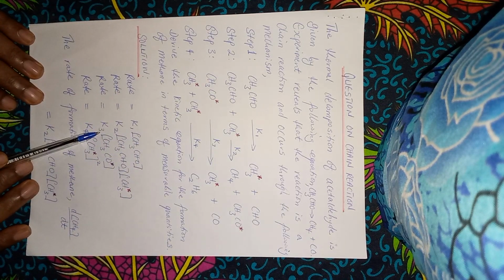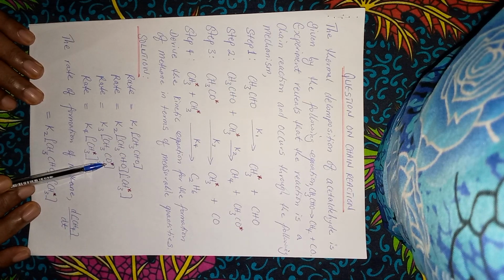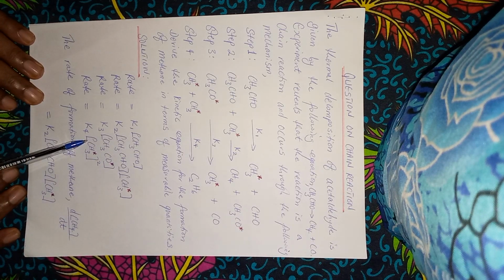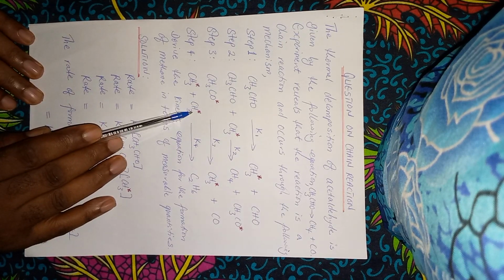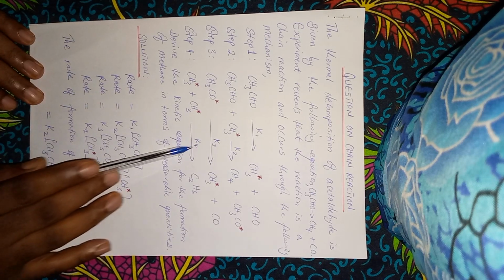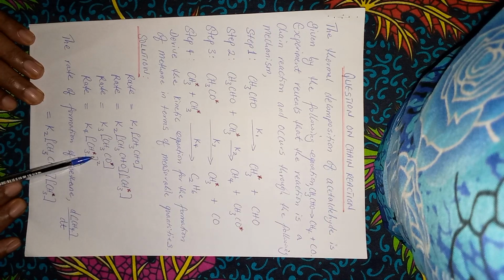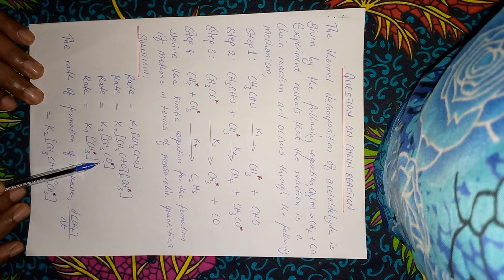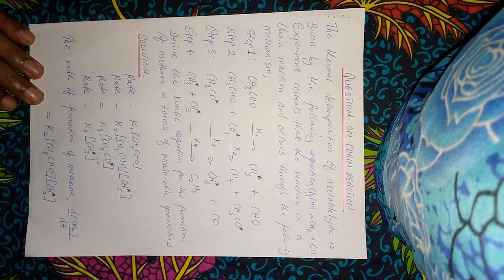So that's why we have K3 free radical CH3CO. Then for step 4, we have free radical CH3, free radical CH3. So that's why we have K4, which is the rate constant for step 4. Then in bracket free radical CH3, raised to the power of 2, because we have 2 free radical CH3